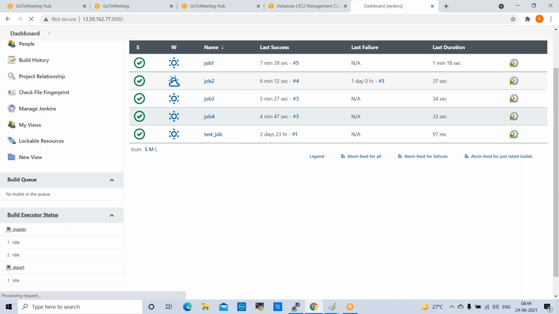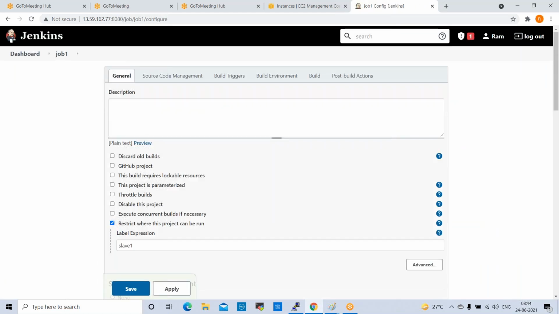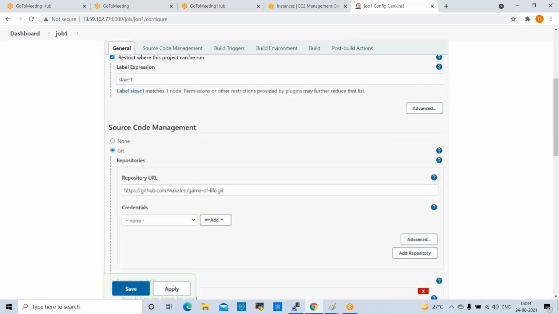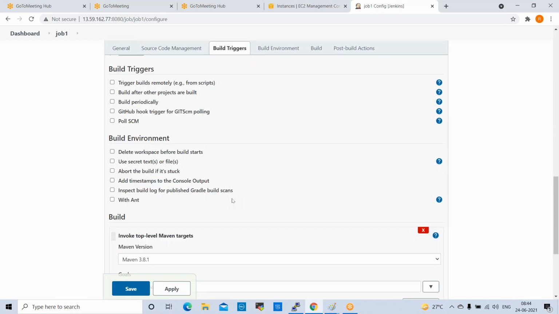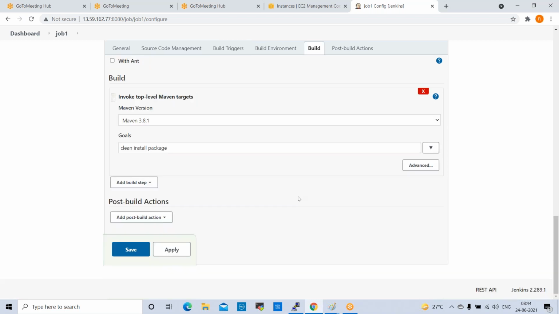Yes, in the job configure, where the build actions are.